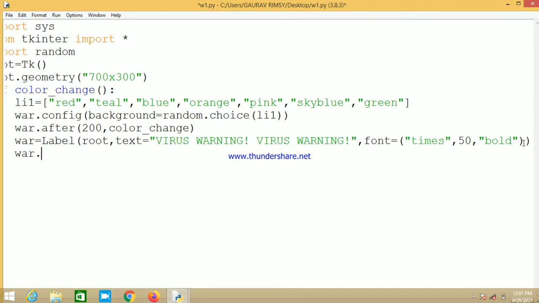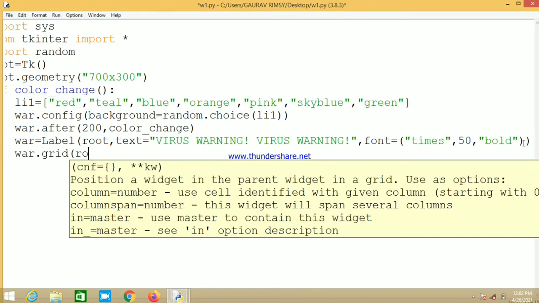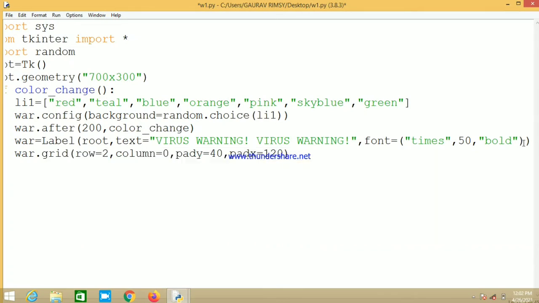Var.grid, row equal to 0, as you know that in grid we need to define rows and columns. Column equals 0. Then we will define padding in y and x direction, pady equal to 40 and padx equal to 120. According to the size of the geometry of the window you are defining the paddings.